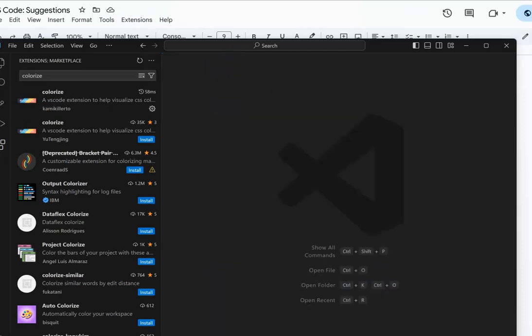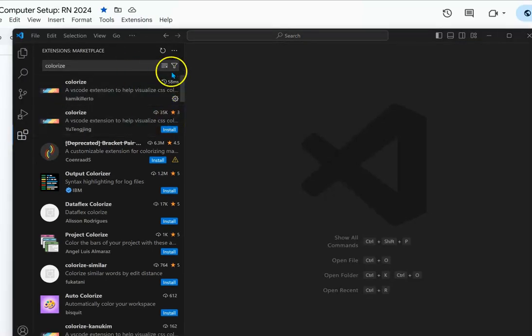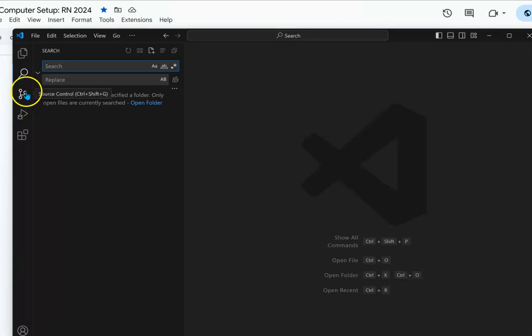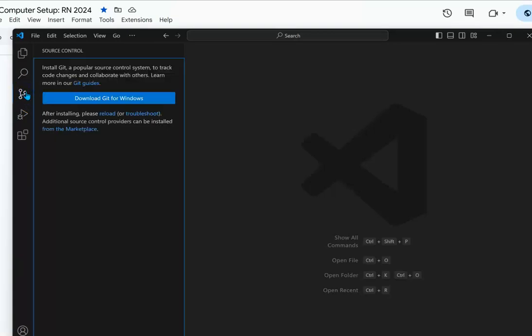Now, next up, we want to do the following. Now that we have our environment set up the way that we want, I just want to point out a few things here. So first of all, on the left, we have the Explorer. This is where you'll see your file folders, kind of like how we had our project tab in Android Studio. This allows you to search, kind of obvious. This is for GitHub if you wanted to use GitHub controls in the program. I will often just use GitHub Desktop, but this is where you can access that,